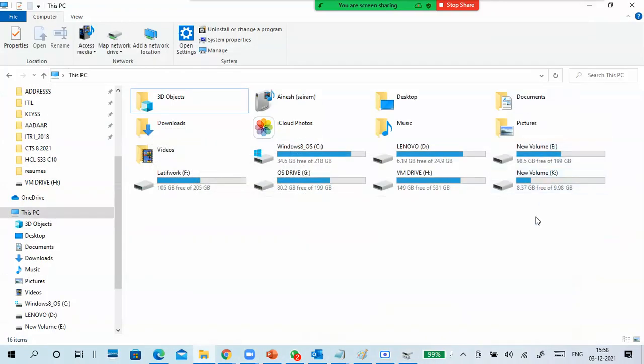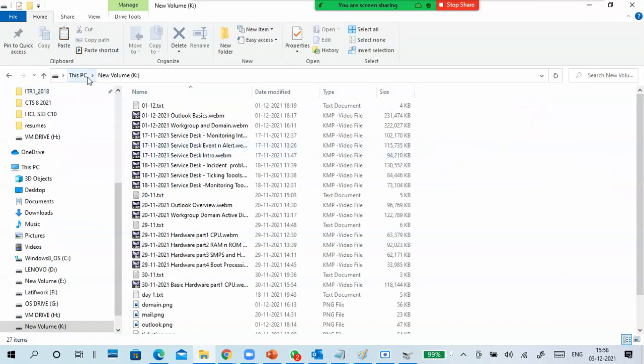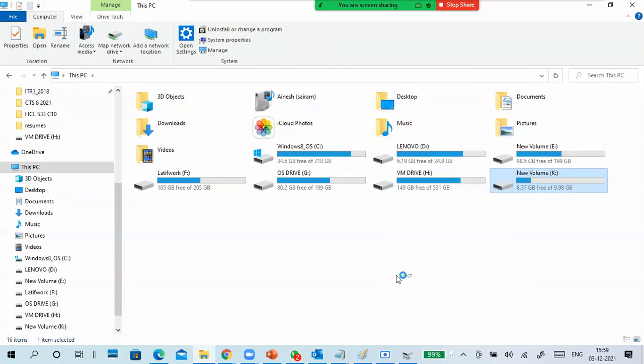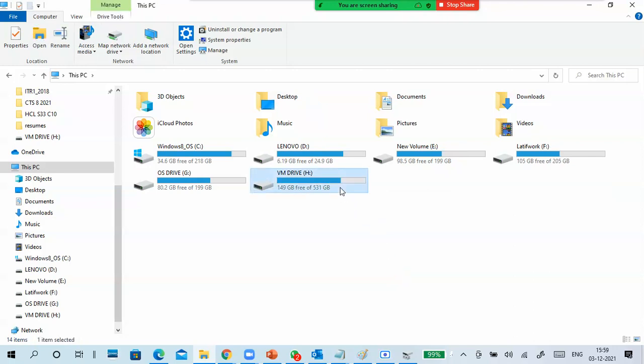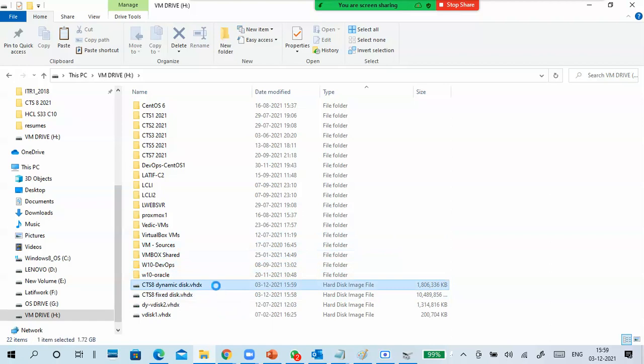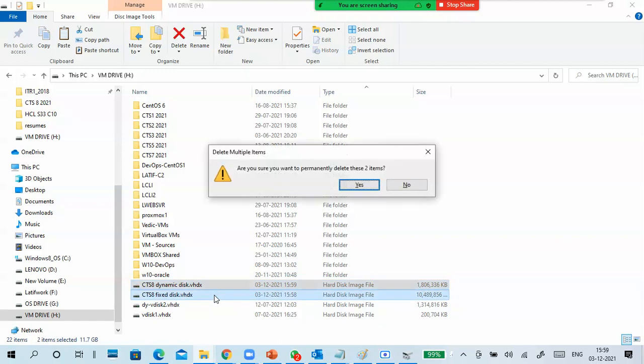So we can directly attach and detach it, and you can read the data whenever you want. It is not completely bound to your physical machine. It is just a file in your physical space. Okay, so this is the practical about VHD and VHDX virtual hard disks. I am deleting these two, so the data will be gone.